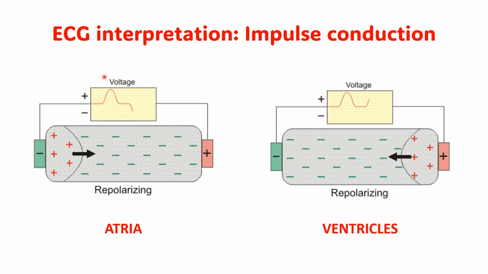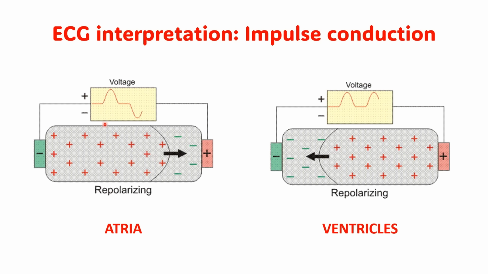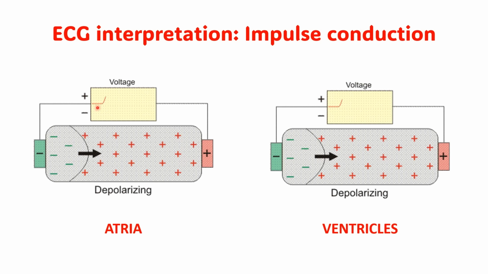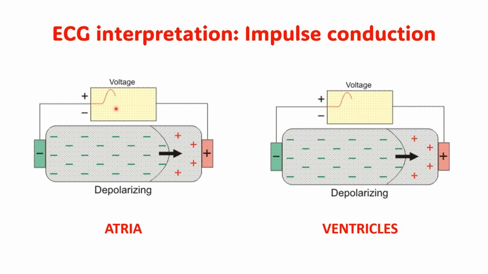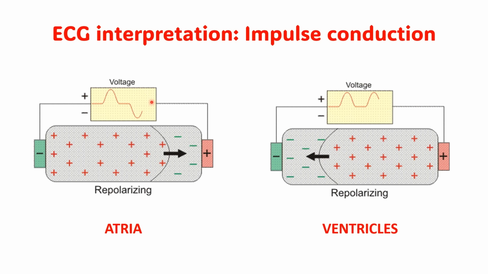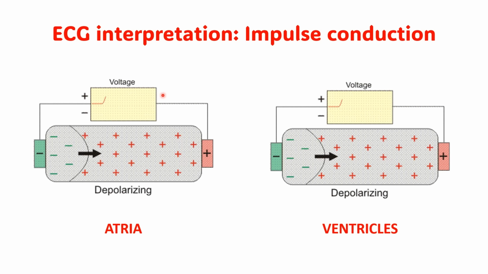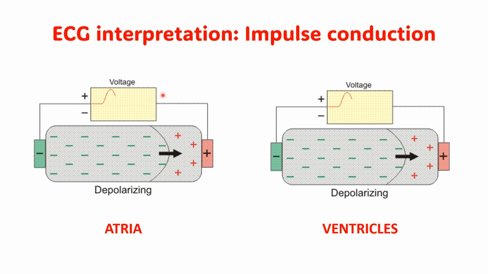But when we have repolarization towards a positive electrode, this is going to be represented by a negative deflection. So if you look here, there's going to be a negative deflection in the atria in particular, because repolarization happens in the same direction as depolarization,